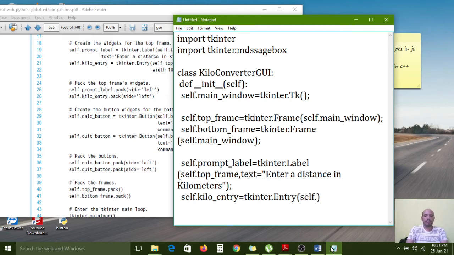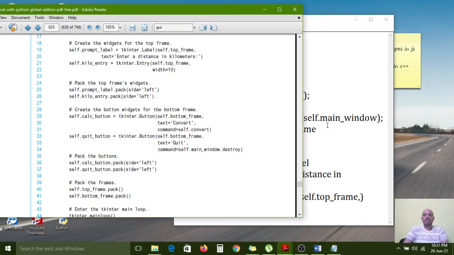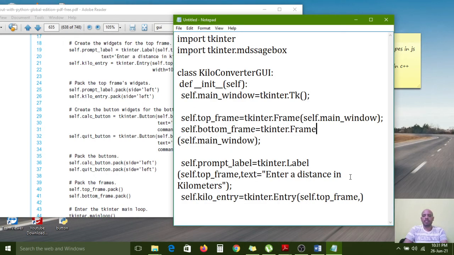Self dot top underscore frame, comma. How much width do you want to specify here? 10 digits of space we have to mention here. The input field by using the Entry method will accept only 10 digits width. So that's why I have restricted it with width equal to 10, right?